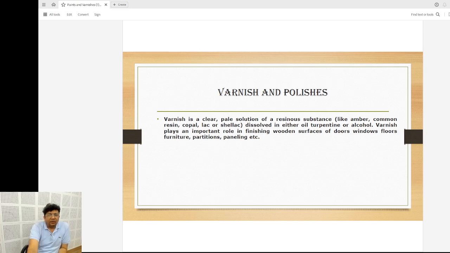Basically, paint always gives an opaque film on any given surface, be it metal or wood or cement walls. But polish differs in the context, because polish gives a transparent film over the given surface. For example, mostly in the case of wood, when we use good quality wood, for example teak wood, furniture and bed and the sofa and the dining table, the wood itself has a very good